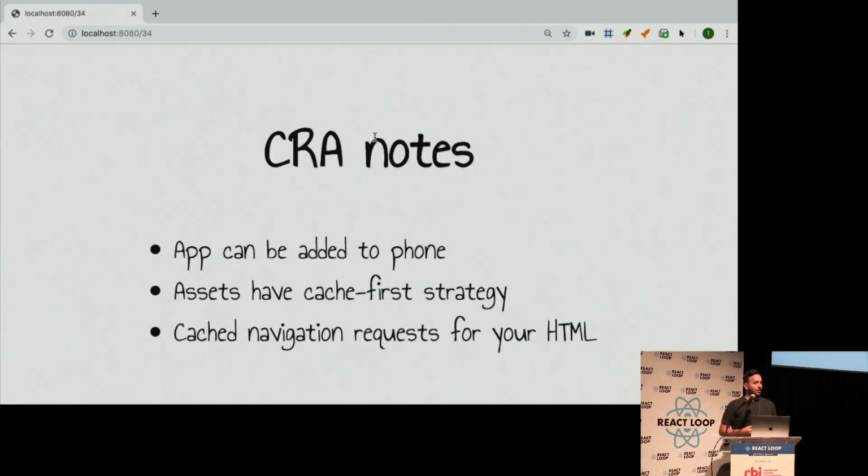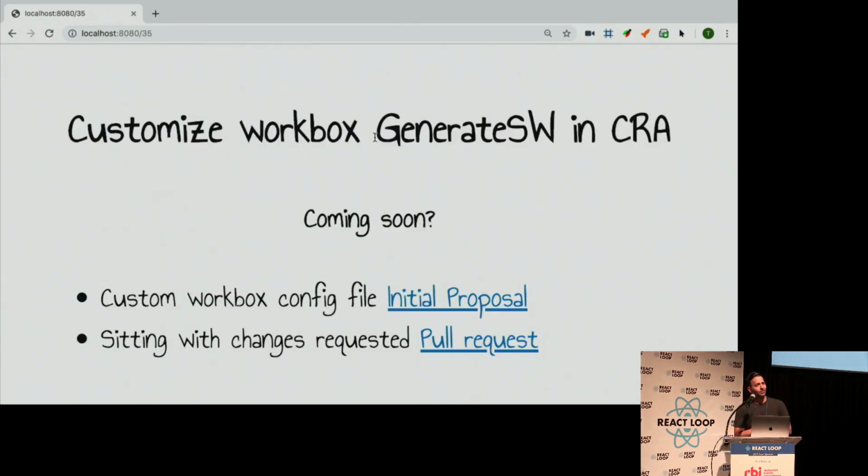Some notes on this: when you do opt in, your app becomes a progressive web app. It can be added to your phone, an icon, a link, everything onto your phones, which is pretty cool. Again, that cache-first strategy for your assets, and it also does your navigation for you. However, if you don't like that functionality where you're doing that cache-first approach where you're telling your users they have